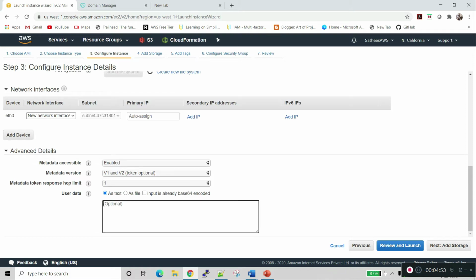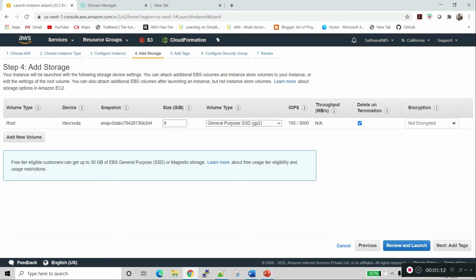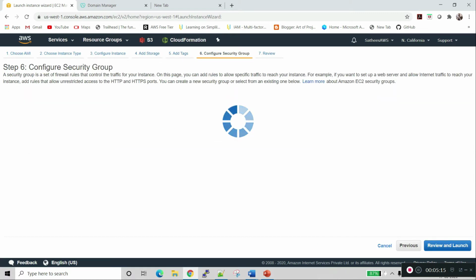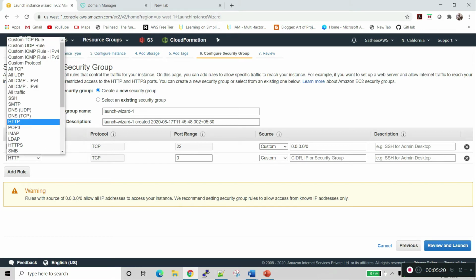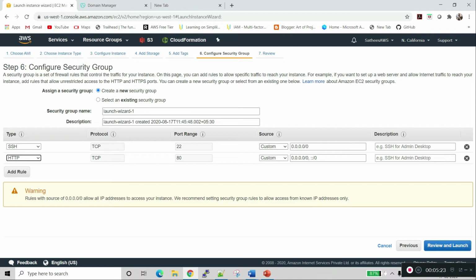Here we will provide the startup script, the bootstrap script. So I have provided the bootstrap script, and I have created the index.html file. For the security group, SSH to log in via PuTTY, and I am adding HTTP, and I will name this security group web server 1 security group.